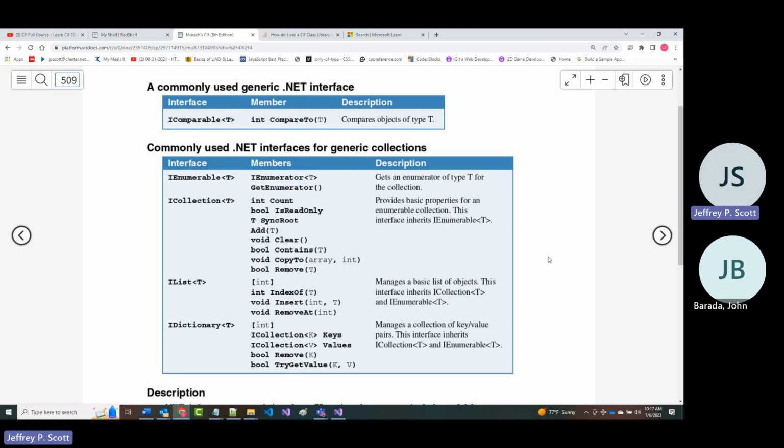Now, I already mentioned the IComparable, and that's really the one that I've used more than anything else. Notice there's also, if we go down near the bottom, an IList, which, as it says, manages a basic list of objects. Okay. And you've got an IDictionary, which, as it says, manages a collection of key value pairs.